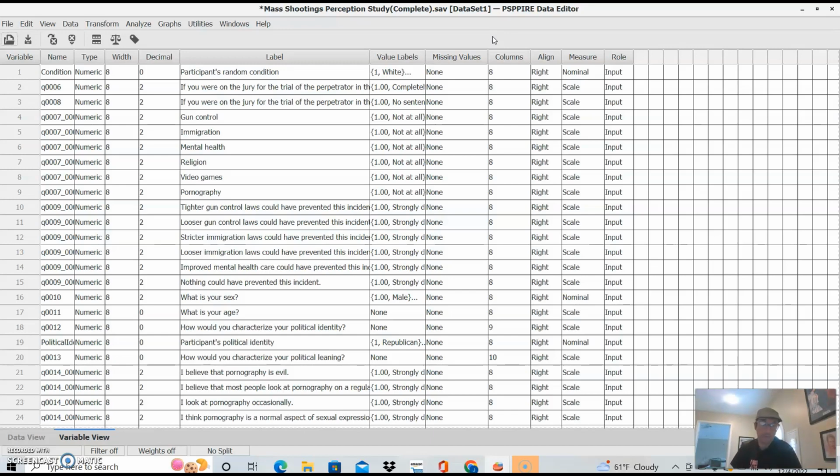What's interesting, and even though I don't hypothesize on it, women seemed to suggest that gun control was a much more important factor in this, in terms of causation, whereas men seemed to point more towards mental health and not hardly at all towards gun control. And so this is an interesting gender effect where we see men almost defending guns or gun ownership anyway, whereas women are quite a bit quicker to go the other direction with it and say,